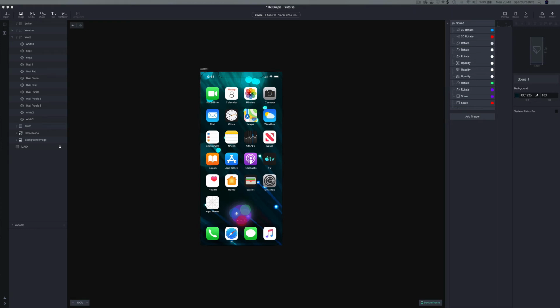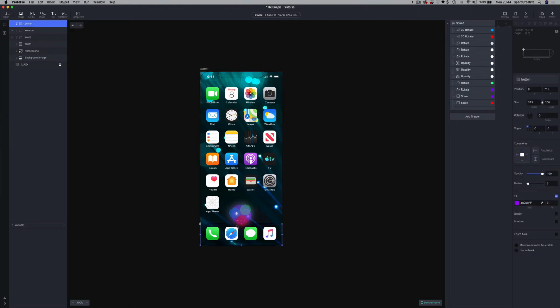Okay, so in this next part we're going to create the text-to-speech functionality. So this is the part where the voice assistant is going to greet me, and we're going to hook that up to our invisible tap trigger at the bottom of the screen. So the first thing we want to do is close up this voice, and we want to select our button. This is just a regular rectangle that I've created in ProtoPie, and all I've done is made sure the fill is 0. Doesn't really matter what the color is, as long as you've got the opacity at 100